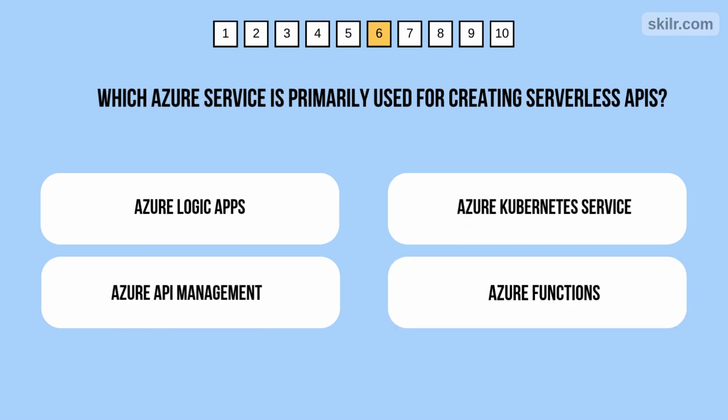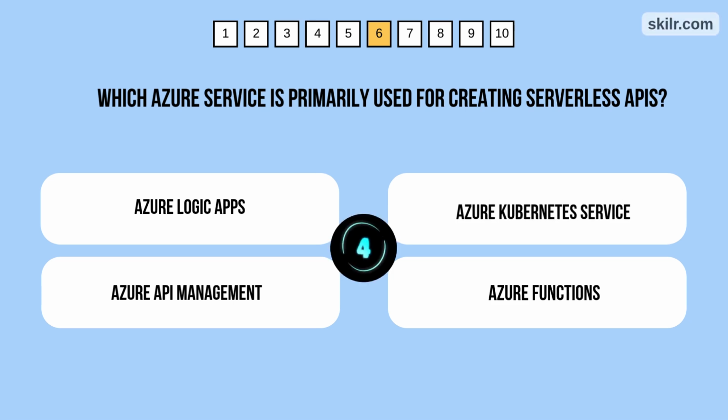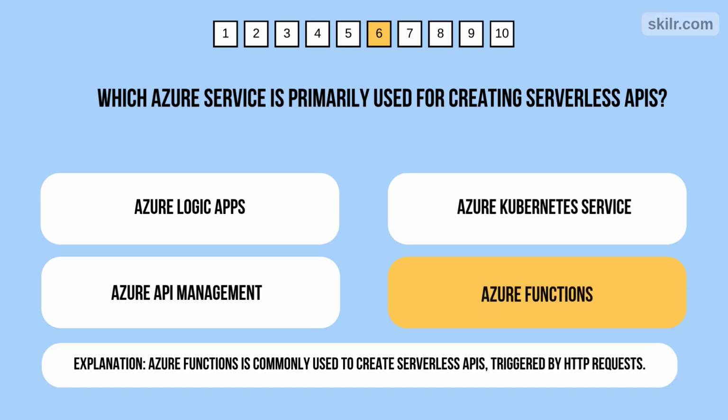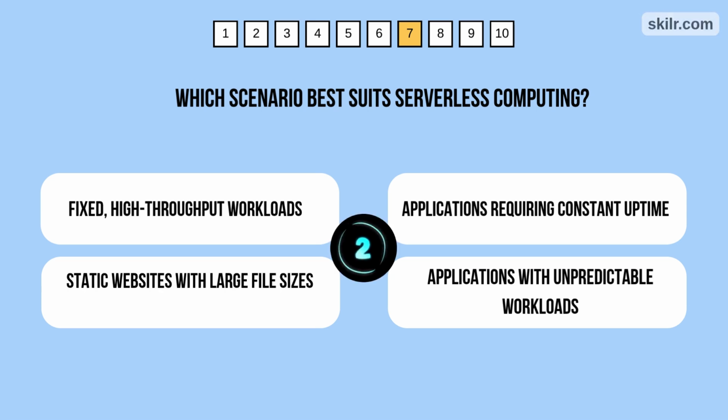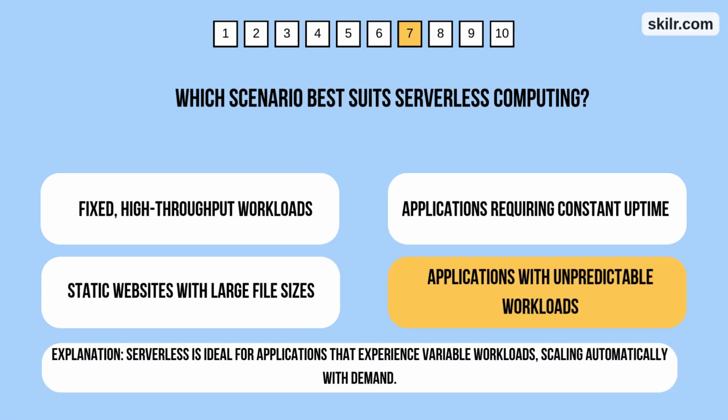Question 6. Which Azure service is primarily used for creating serverless APIs? The answer is Azure Functions, as Azure Functions is commonly used to create serverless APIs, triggered by HTTP requests. Question 7. Which scenario best suits serverless computing? The answer is applications with unpredictable workloads, as serverless is ideal for applications that experience variable workloads, scaling automatically with